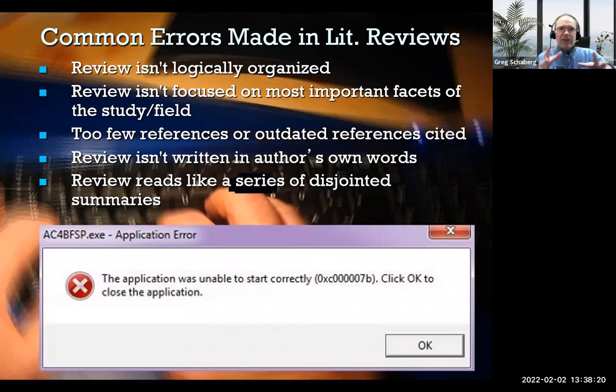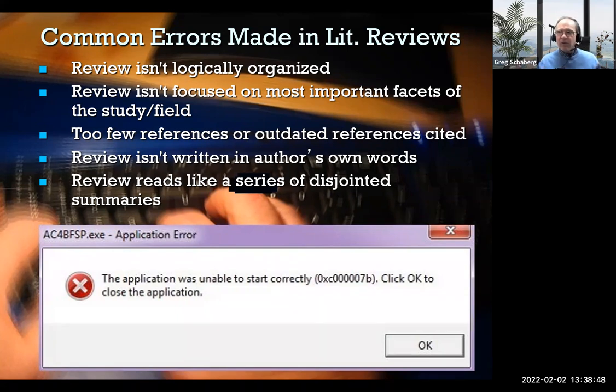Okay, we're in the home stretch. We're getting toward the end of the presentation here. Let's look at some common errors that are made in literature reviews. These are things that some individuals do. A lot of what we've covered will help you avoid doing some of these, but some of